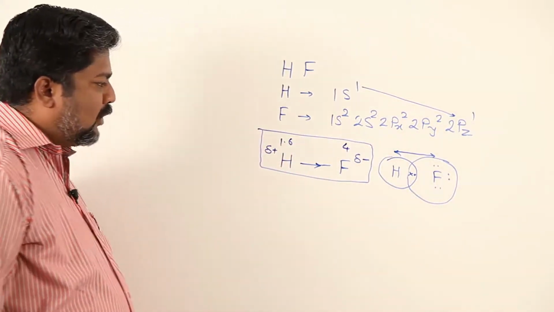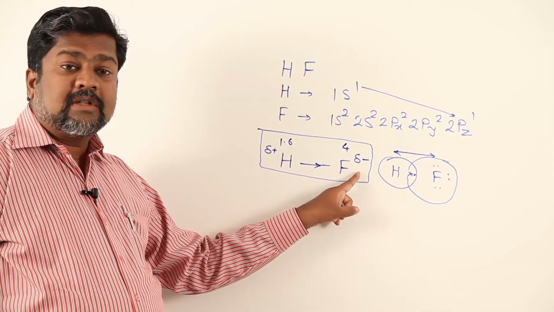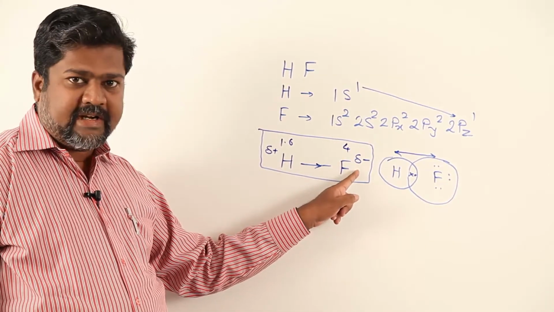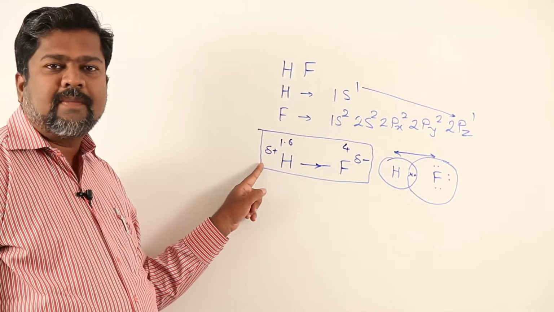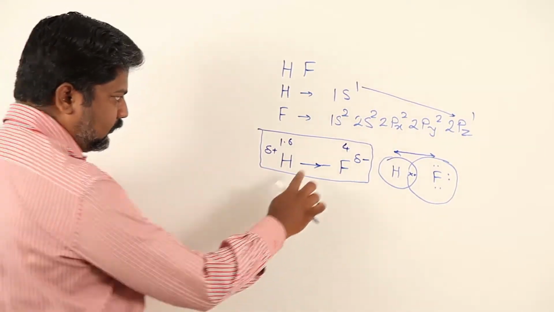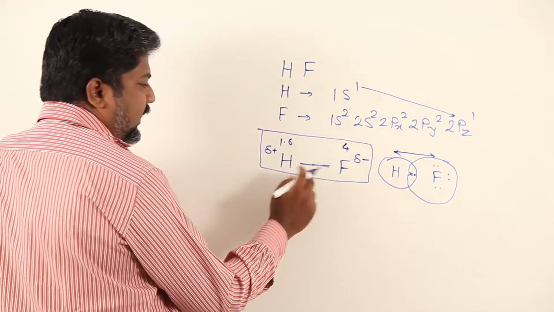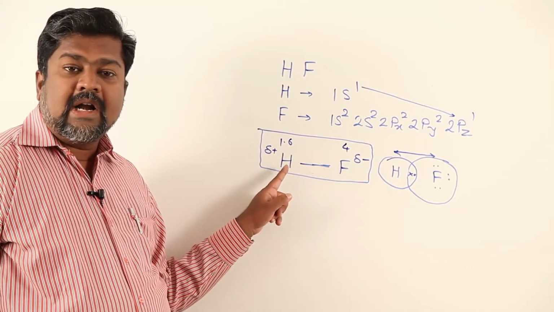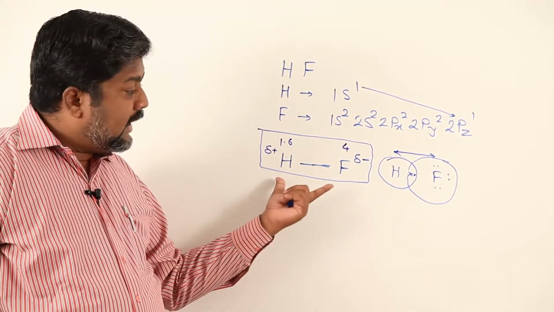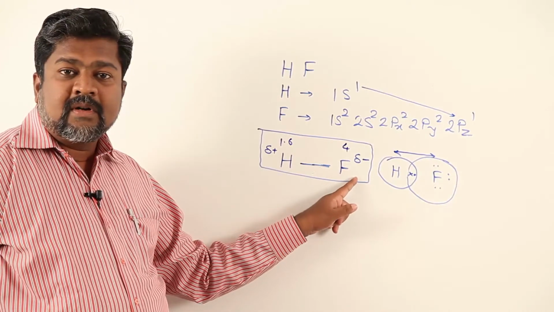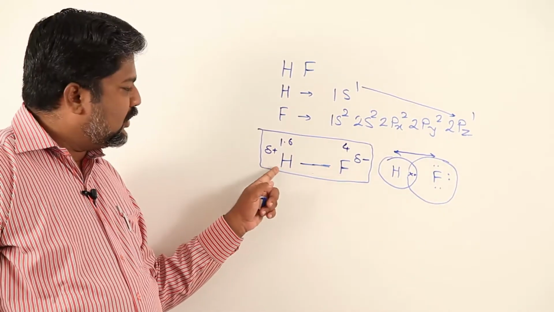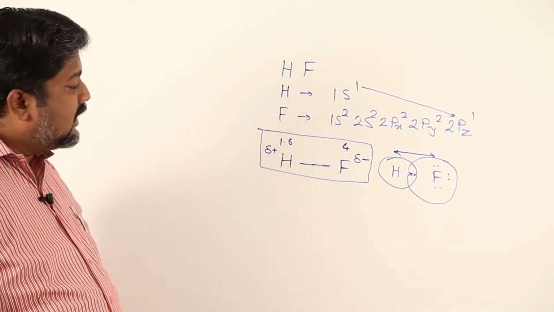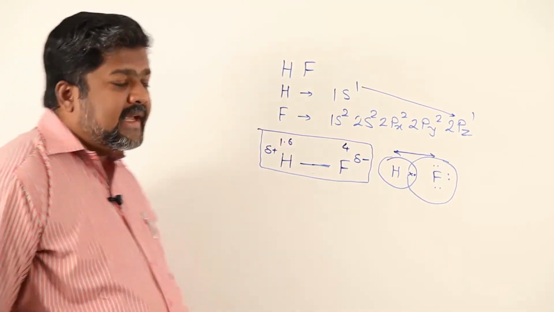This is a polar molecule. Why a polar molecule? Because fluorine has developed a small negative charge, so negative pole. Hydrogen develops a small positive charge, so positive pole, whereas the electron practically is spending more time over fluorine and less time over hydrogen, and that's why fluorine develops a smaller negative charge, and as hydrogen is exposed, it develops a smaller positive charge. So this way electronegativity can be explained.